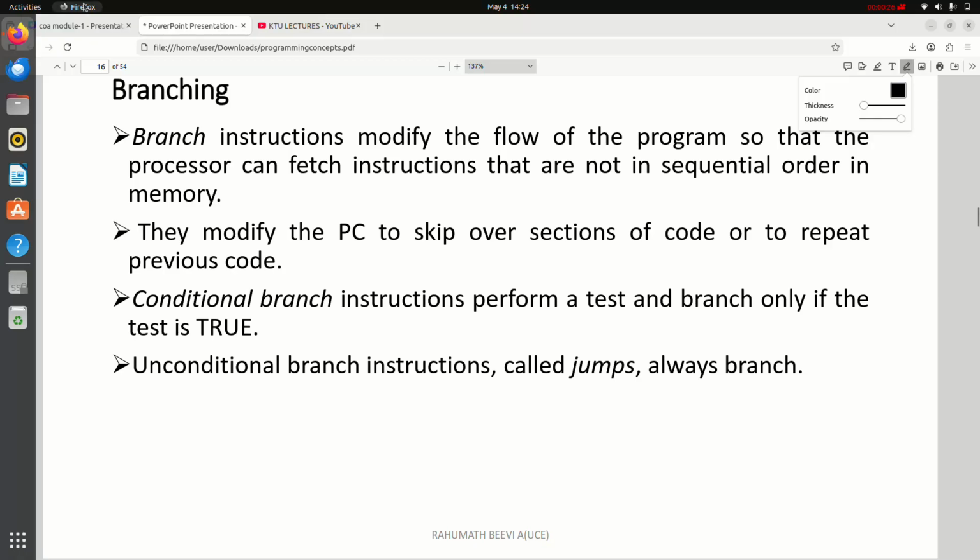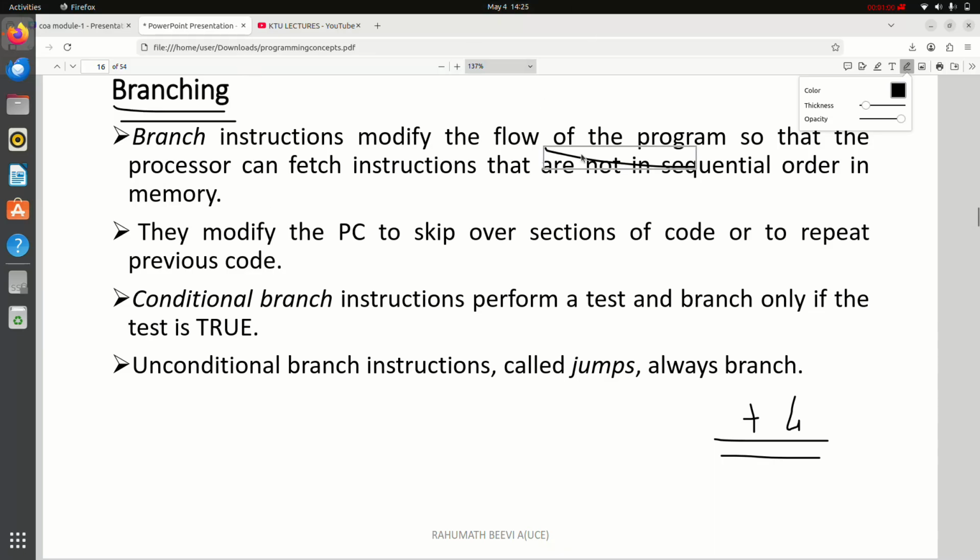So a branch instruction is going to modify the flow of the program. Okay, flow means there is a flow in which the program can execute. I told you, after one instruction is executed, the next instruction would be the current instruction plus 4. That is the normal flow of our execution. But when a branch instruction comes, the normal flow of the instructions would not get executed. Okay, that means